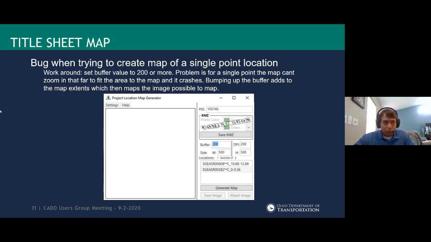So I had some more plans with generating KMLs and things like that, which you can still generate the KML. It's just you can't control the color right now. So there might be some avenue to keep this, but I know people don't like it. They say they don't like the look of the map, but I'm looking at my available options. If I can't update those DGN files, what else can I do? So that is where that is at.